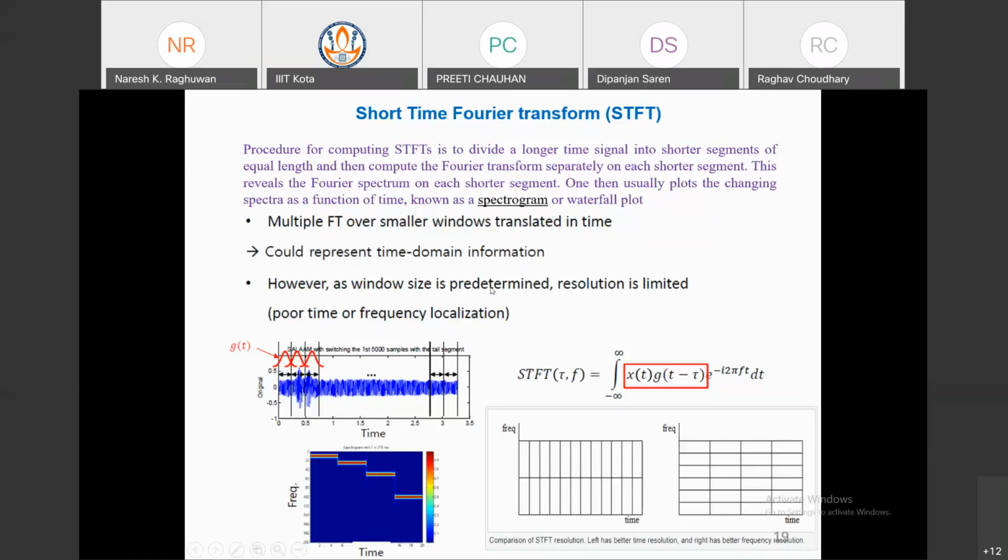So this is how you will plot, and in the color form you can see at what time what frequency occurred, and after this what frequency occurred. So the time information you can also see. This red and blue is showing the amplitude. On the right hand side one strip is there showing the amplitude. The red one is, I think, the highest amplitude. You can see at what frequency the amplitude is there, and at what time that frequency and amplitude occurred.